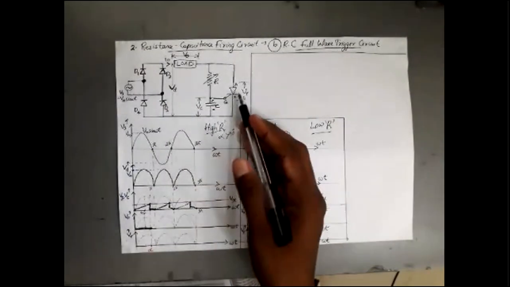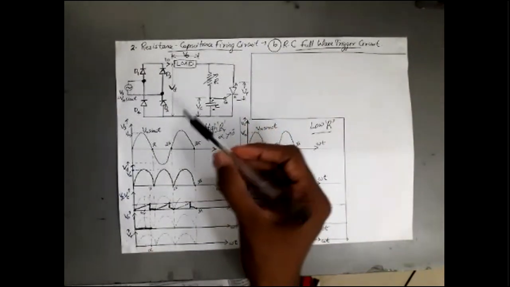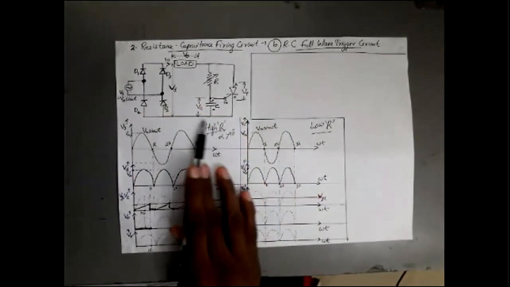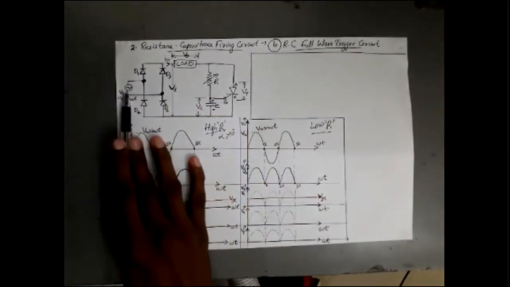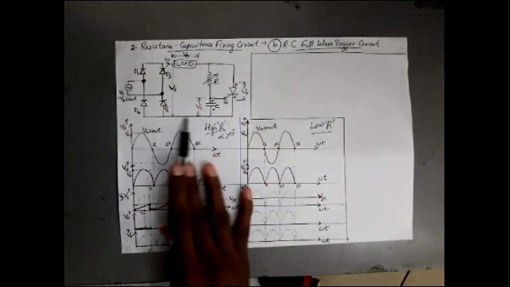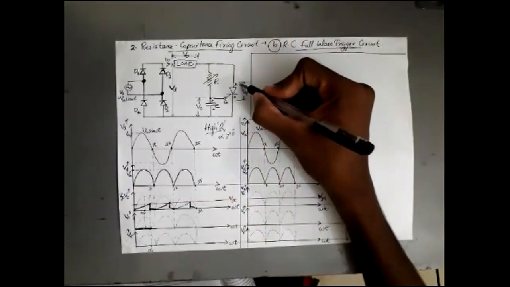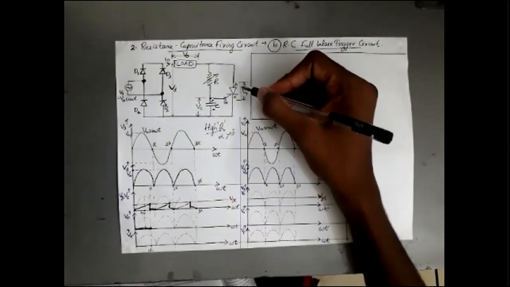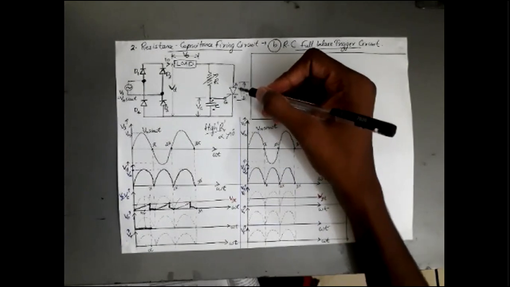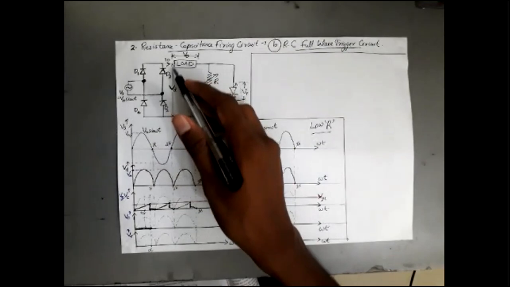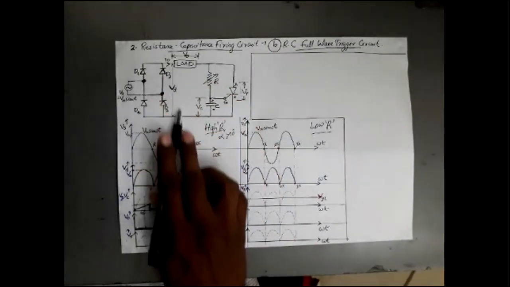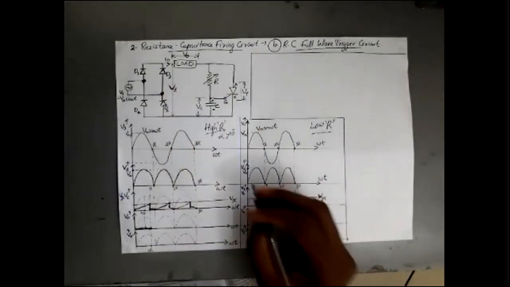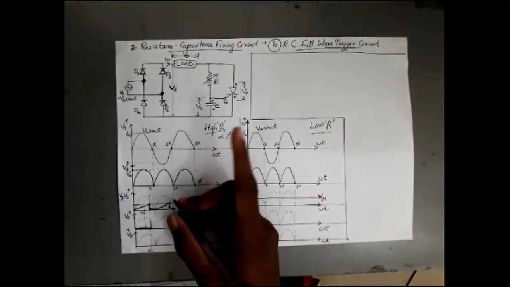When my SCR is triggered, what happens? My I naught will be flowing through my SCR and it is taken back to supply through D2. Through D1, load, then thyristor, through D2 it is taken back to Vs. During this condition, Vt will be zero. Why? Thyristor is in conduction state. Then it acts as a closed switch and voltage across Vt will be zero during conduction. Then the entire voltage appearing here, Vd, will be appearing across my V naught. So my V naught will take the path of Vd, not Vs. Don't confuse with that.